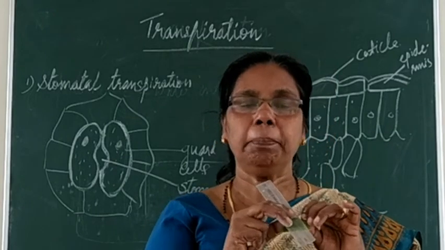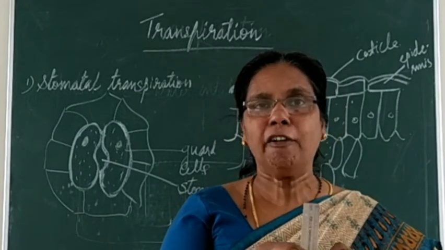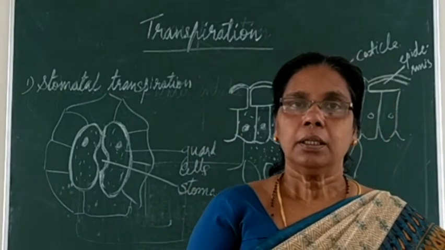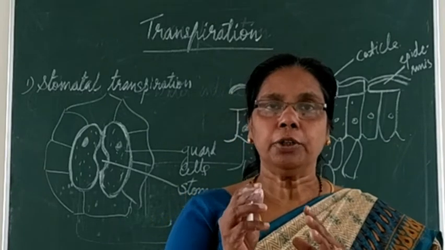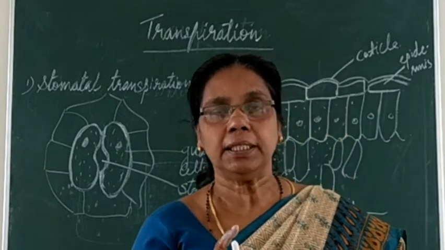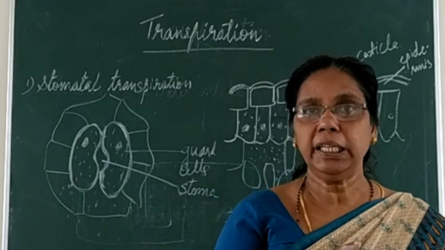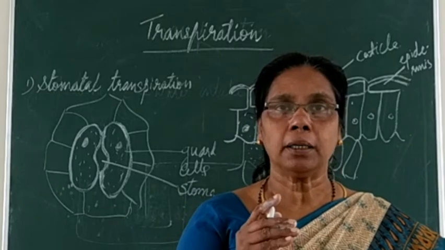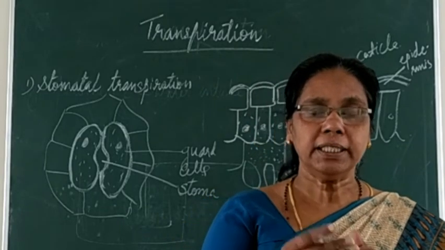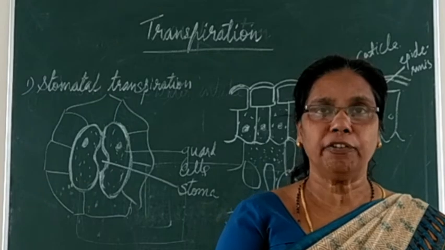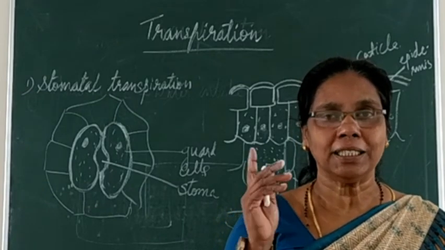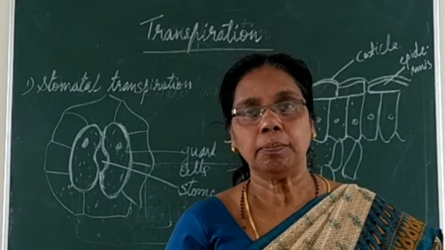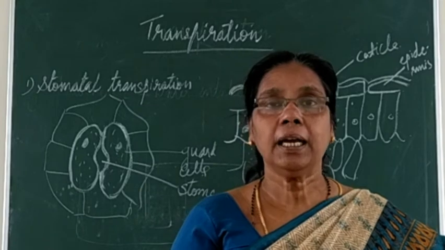So now you keep it for 3 to 4 hours. After 3 to 4 hours, what change can you see? Yes, I already told you most stomata are present in the lower surface of the leaf. So automatically you can see the blue cobalt chloride paper kept on the lower surface will turn into which color? Yesterday you saw that in the presence of water, the blue color changes into what color? Yes, pink.